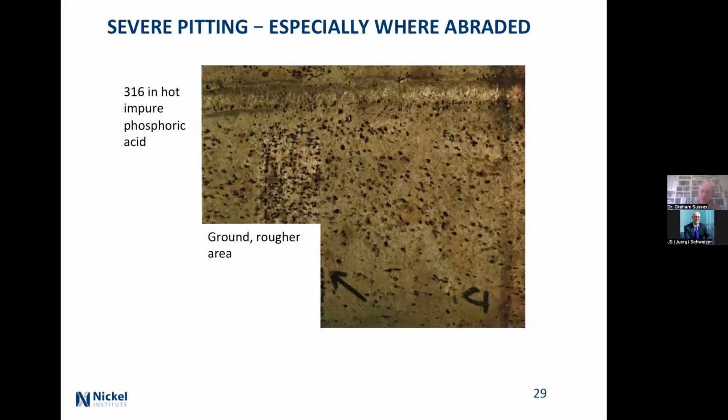Here is a piece of 316, which was mistakenly used as a heater tube in some hot phosphoric acid, which is a bit impure. And so it's pitted all over the place. Actually, it's rather interesting looking at a radiograph here. You can see lots of black holes. Across to the left here, we've got an area that was brown, and this is very, very badly pitted. So rough surfaces corrode faster. Over here, we've just overwhelmed it. And note that welds typically are over alloyed, so most of the weld is all right, except for right along the bottom here, where you've probably got a bit of a crevice, and so it's corroded there.